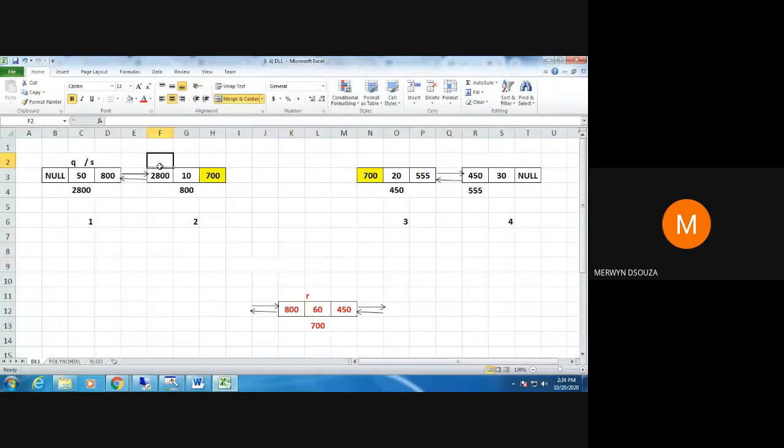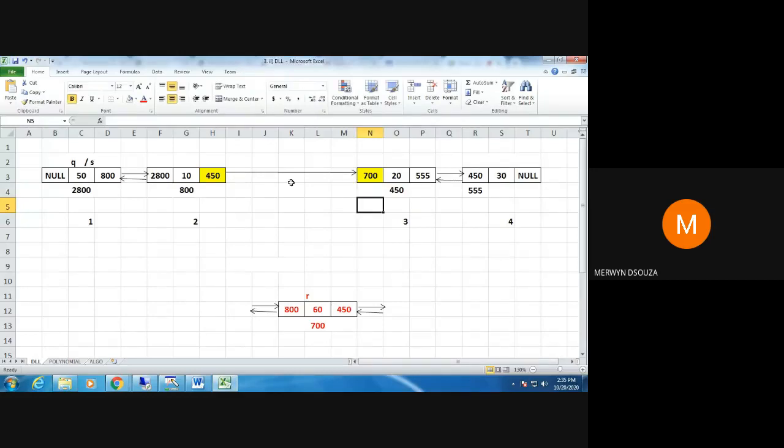you are going to delete that. I'm going to form a link now from here to here. If I'm going to form a link, I should get here the address of the next node. The address of the next node is 450. I should get 450 here, so that means I will get one link like this from here to here.